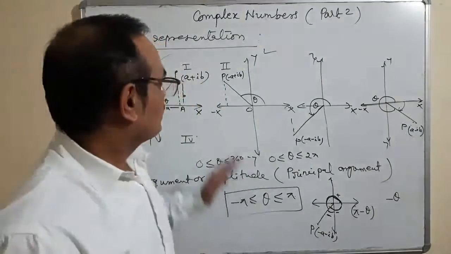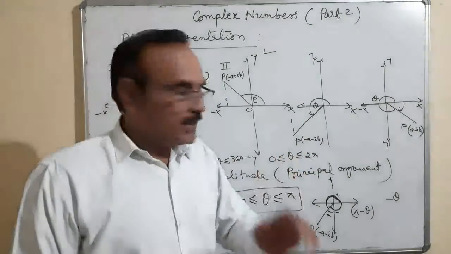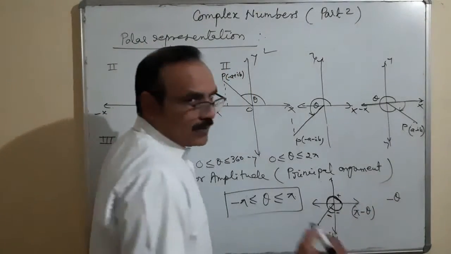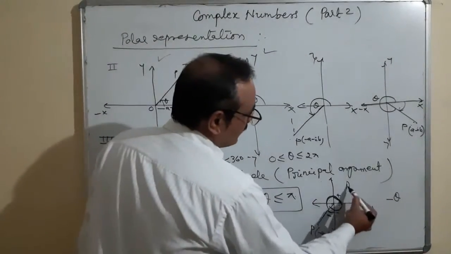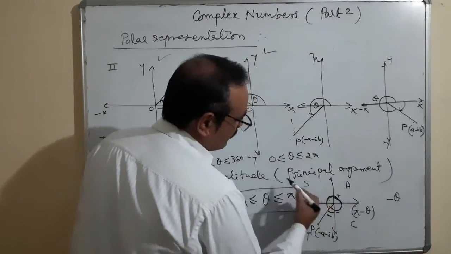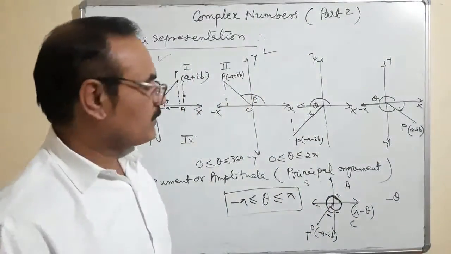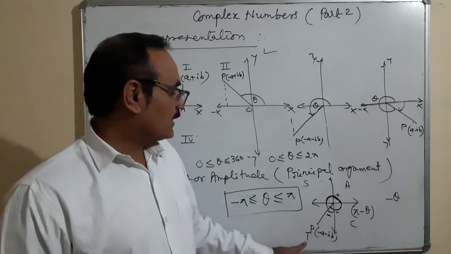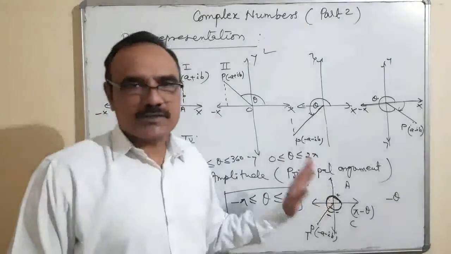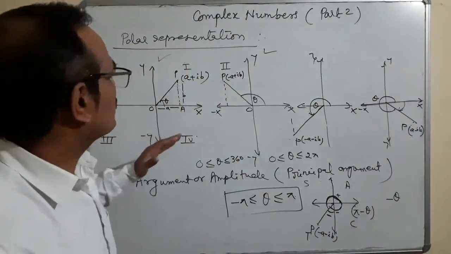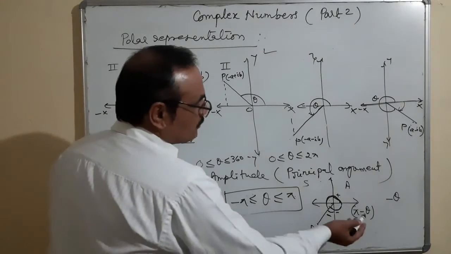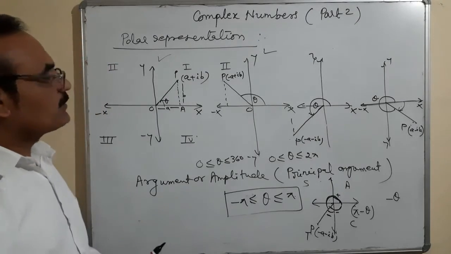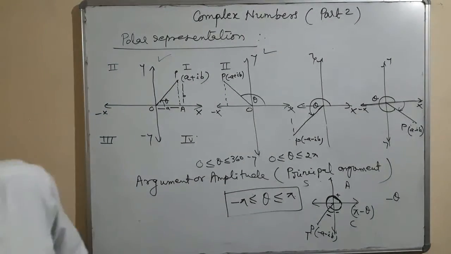Okay. Right. Let me tell you what is the meaning and how you will find the value. As you know from the trigonometric functions, ACTS, in a quadrant plane, the same rule will be used in the complex plane also. All positive, cos and sec positive, tan and cot positive, and sine and cosec positive. Okay. So principal value, what does it mean? It lies between minus pi to pi. This is the meaning.